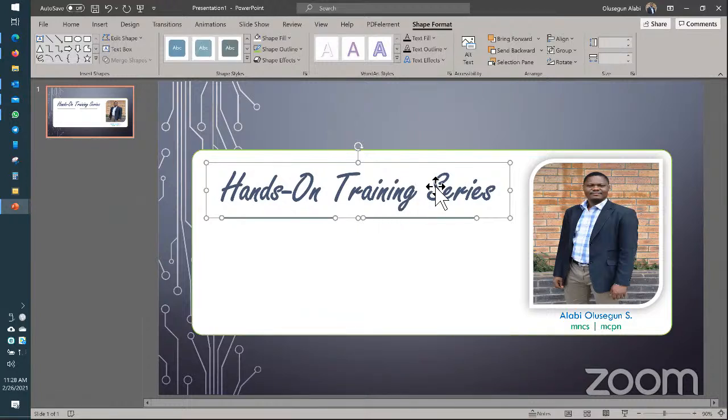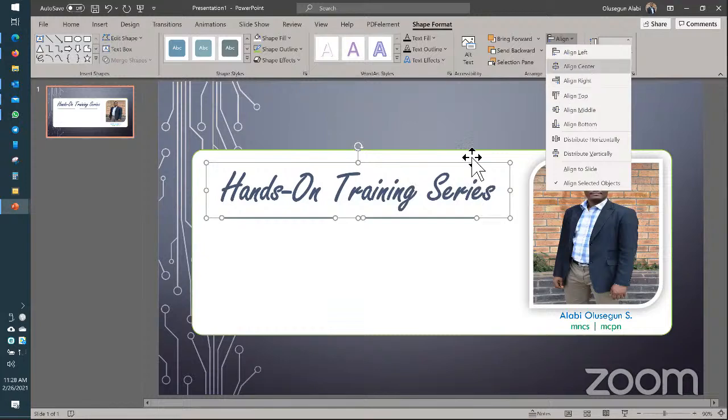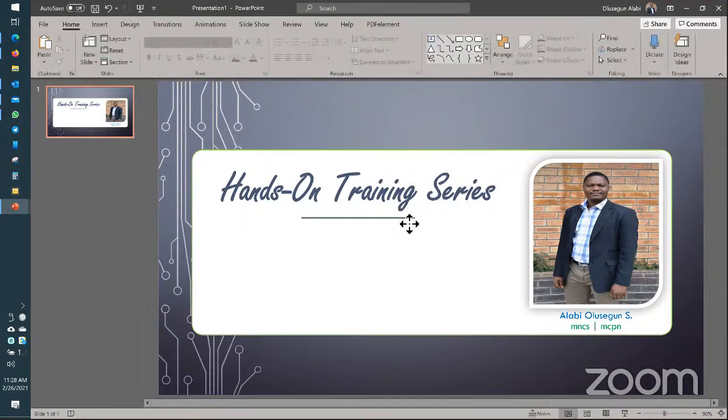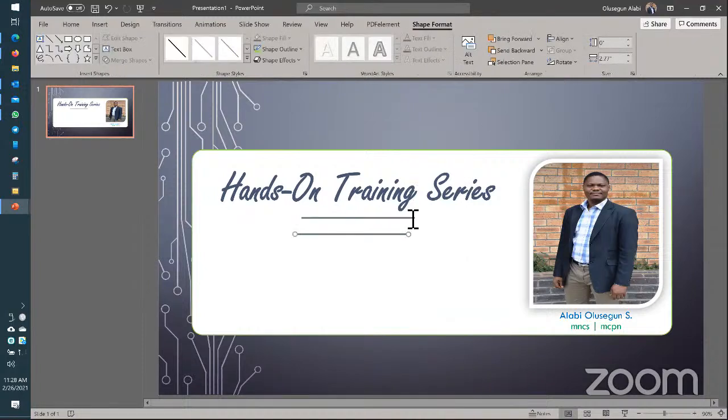As it is like this, I've not grouped them. And now say align center. Can you see that it has put the two on top of each other now? So what I needed here is to select the two, then group. As I group the two of them now,